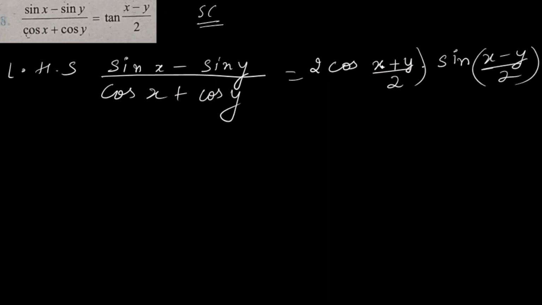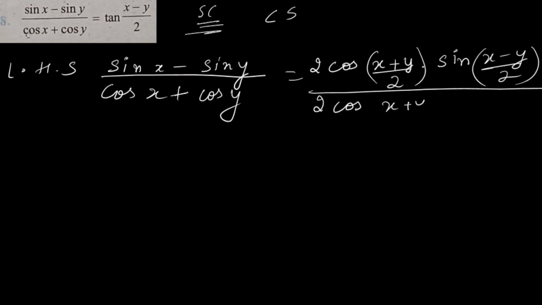So the formula of sine will always give us a combination of two trigonometric functions, sine and cos. If plus, then sine first, then cos. If minus, cos will come at the front and then sine. So cos will always give us the same trigonometric function. With plus, we will get cos only. So 2 cos of x plus y by 2 into cos, because same trigonometric function. When minus is there, both sine. When plus is there, both cos. Of x minus y by 2.